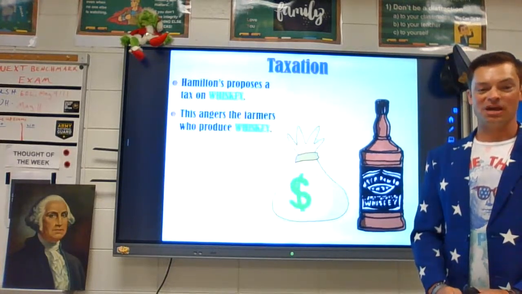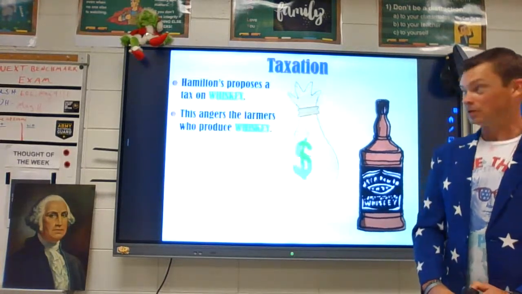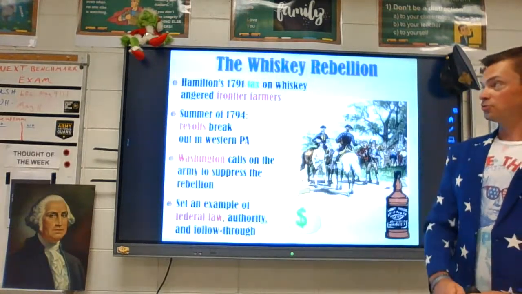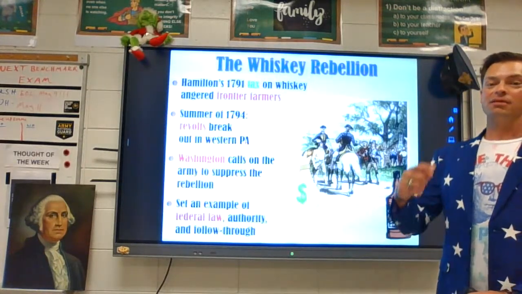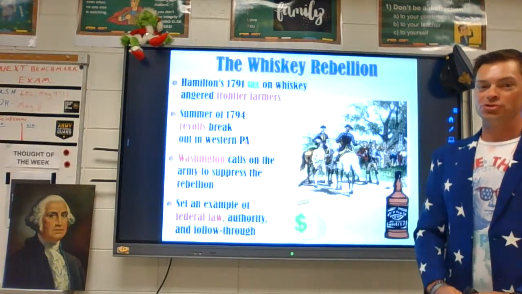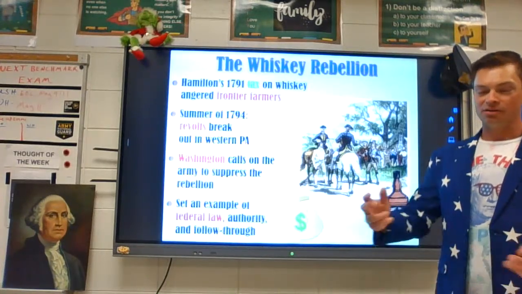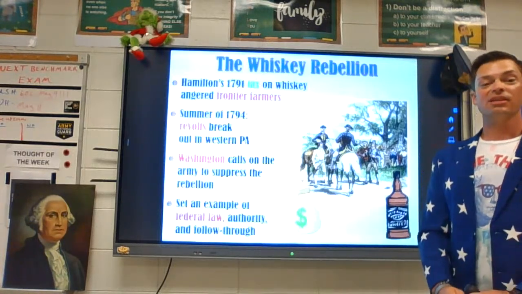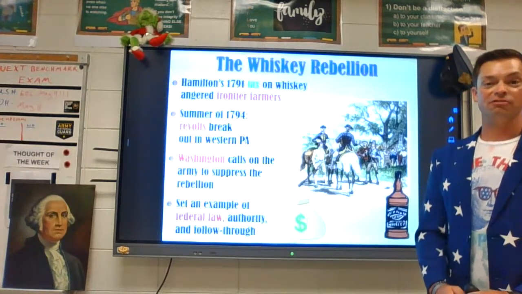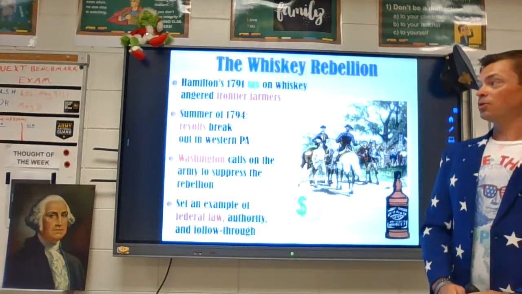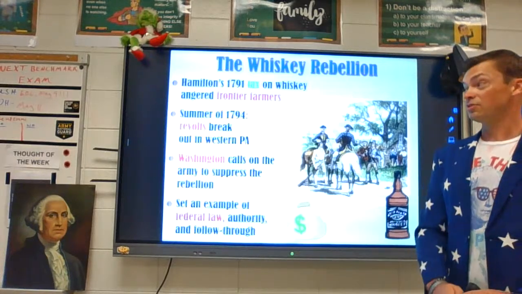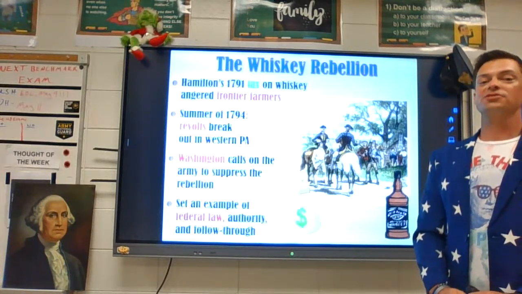And so that is going to make whiskey producers angry. What do? Well, the 1791 proposal for this tax angers the mostly frontier farmers who are producing this excess grain. Great example of how Hamilton didn't necessarily always understand the life of frontiersmen or the life of farmers. So in the summer of 1794, enough's enough, at least from the perspective of these farmers, and those in western